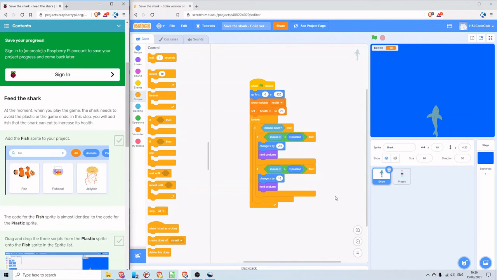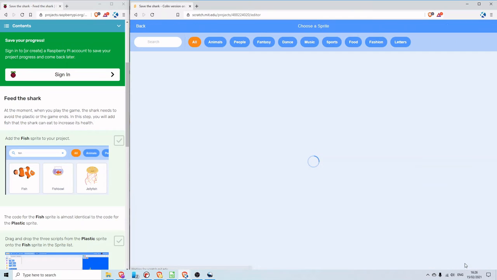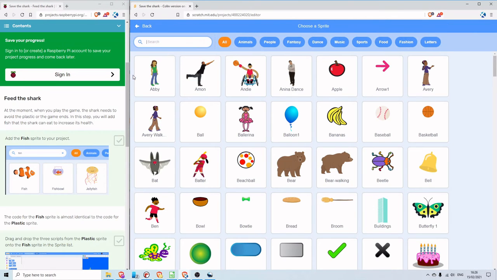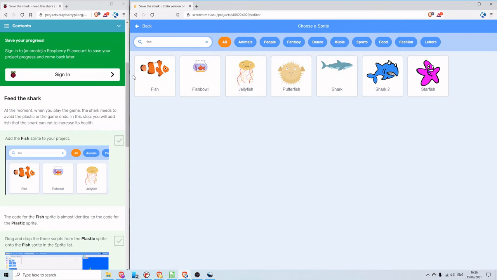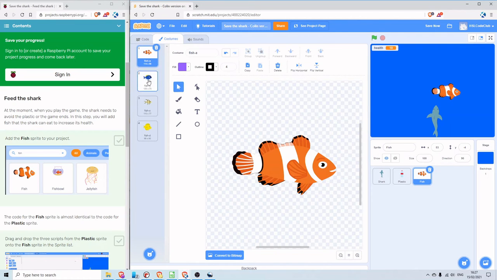Right, now we are going to help the shark. We're going to add to the shark's health. We're going to do that by adding a fish on and then increasing this health. So if I come down to the sprites, I'm going to search for fish. You could, if you wanted to, take your own food, but we'll take the one that they've got. And fish has 4 costumes,